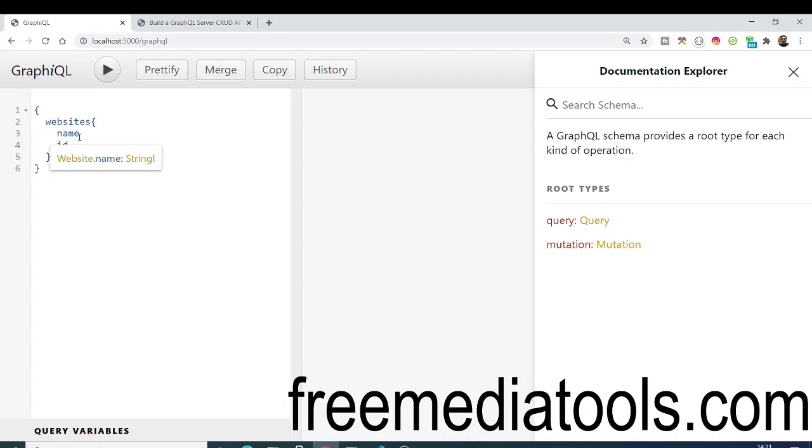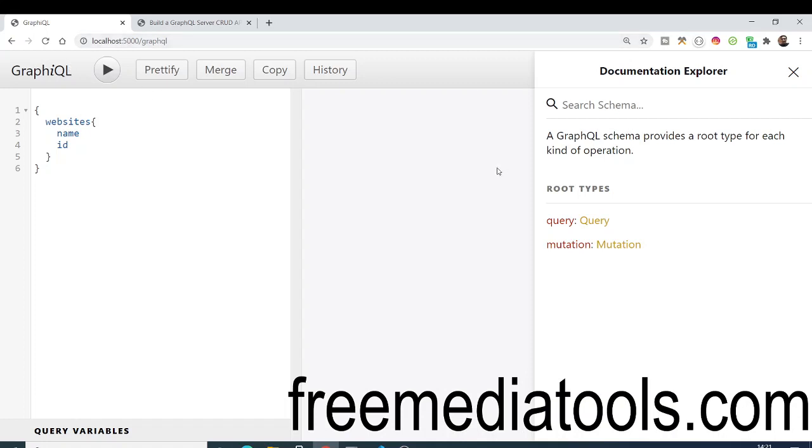Many developers use GraphQL inside their front end applications. So we will be looking at a crash course. We will be building a complete CRUD API inside this tutorial. So basically this is the application that we will be building. I am running this on localhost, and if you go to the route slash GraphQL,